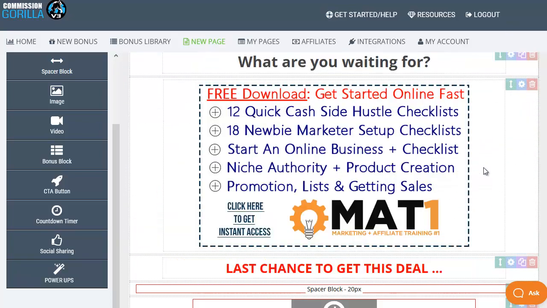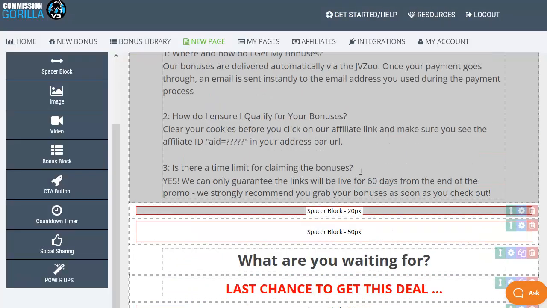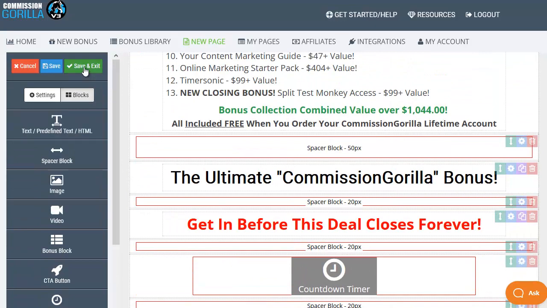So we've now added a new bonus block. If you change your mind, or if you want to remove any element from the page, all you need to do is click on the little dustbin icon, and that will remove this from the page when you click on delete, and it's gone. Once you're happy with your page, scroll back up to the top, click save and exit,